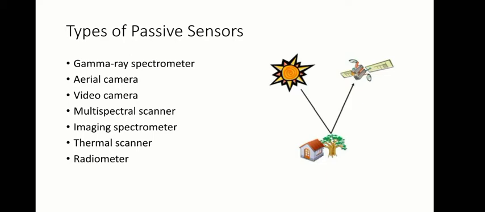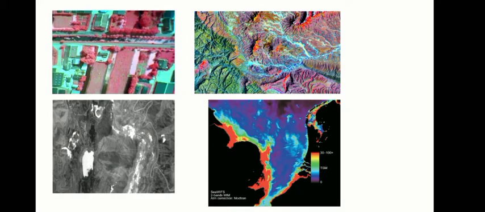Since we have talked about different types of active and passive sensors, these are the images we want to show you. The first image on the left hand side, a colorful image of some urban area which you are seeing, is an analog false color video image, from Synoptics journal, so thankful to them. Then the second image is what I am talking about, this image.